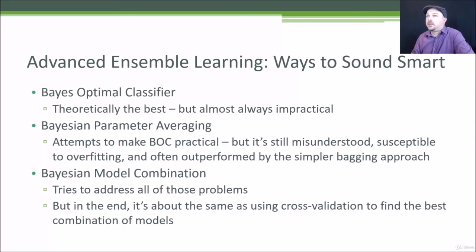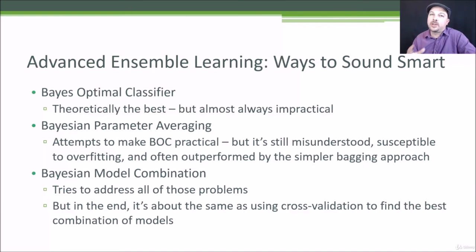Now, there is a whole field of research on ensemble learning that tries to find the optimal ways of doing ensemble learning. And if you want to sound smart, usually that involves using the word Bayes a lot, which you will see on this slide. So there are some very advanced methods of doing ensemble learning, but all of them have weak points. And I think this is yet another lesson in that you should always use the simplest technique that works well for you. So these are all very complicated techniques that I can't really get into in the scope of this course, but at the end of the day, it's hard to outperform just simple techniques that we've already talked about.